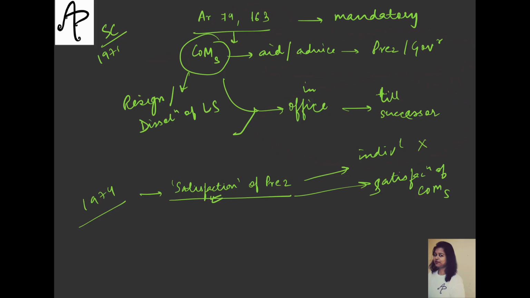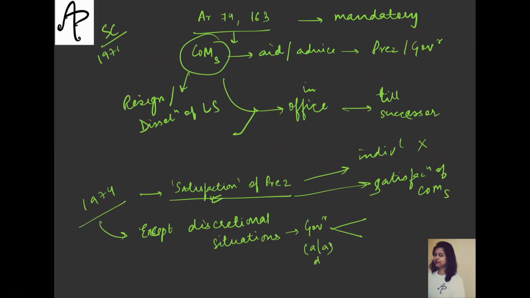And it was also said that except the discretionary situations of the governor, that we have already seen in the previous video, wherein the governor acts in discretion, except those situations, the governor has to act on the aid and advice of the COM. The governor cannot say that I will work without the COM, or the governor will also not go against the COM. So even though the constitution as such has not bound, the court said that if there is a genuine discretionary situation, only then will you act on your own, otherwise they also have to listen to the council of ministers.